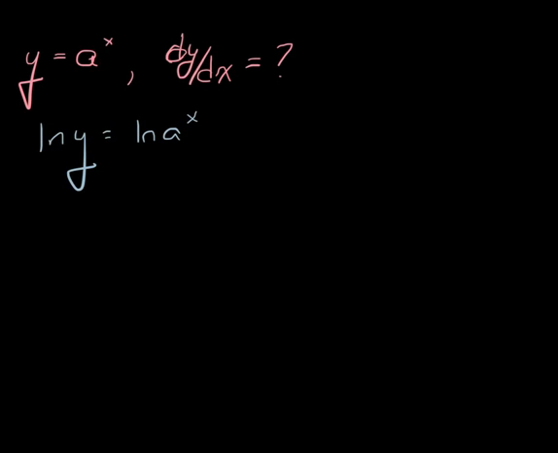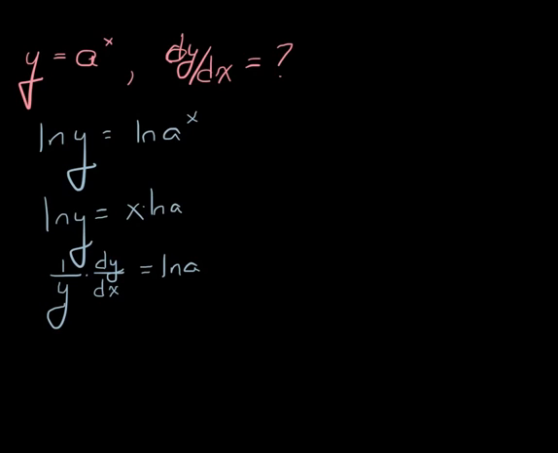Then, if we do that, we can use the property of logs that says we can make this exponent a coefficient. So we're going to write this as ln y equals x times the ln of a. Now we can take a derivative. On the right side, the derivative is just going to be ln of a because that's a constant. On the left, we know that the derivative of the natural log is 1 over y, and this is implicit differentiation, so we've got to multiply by the derivative